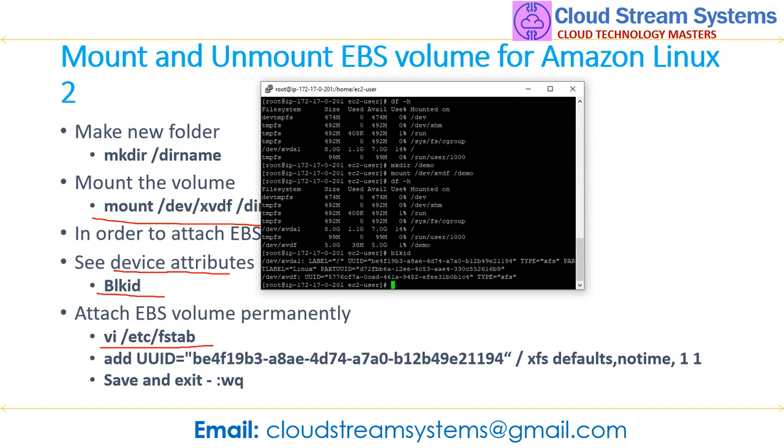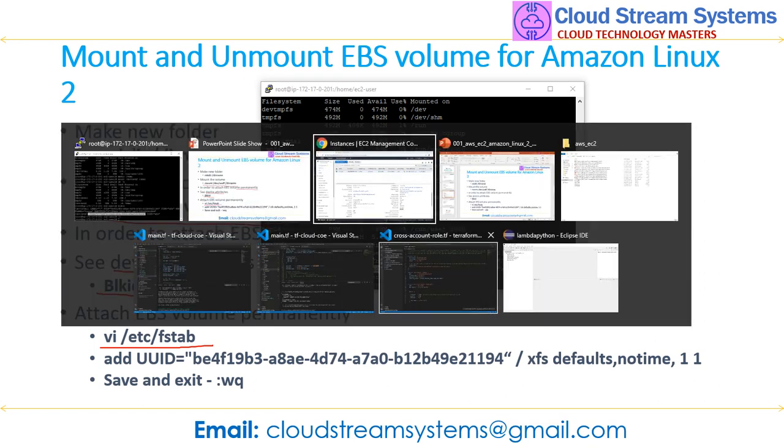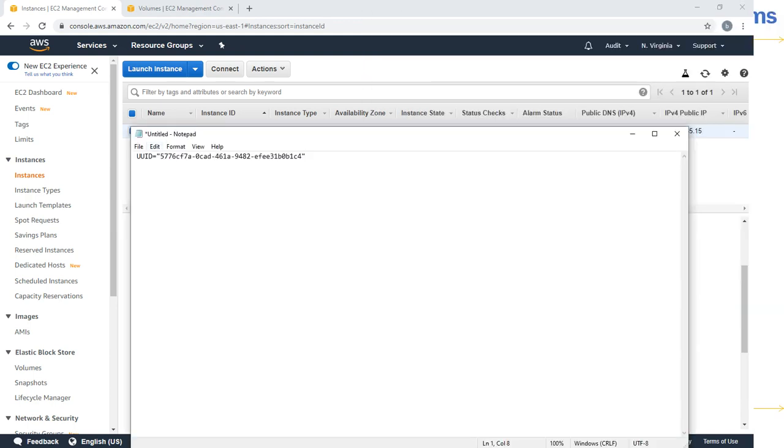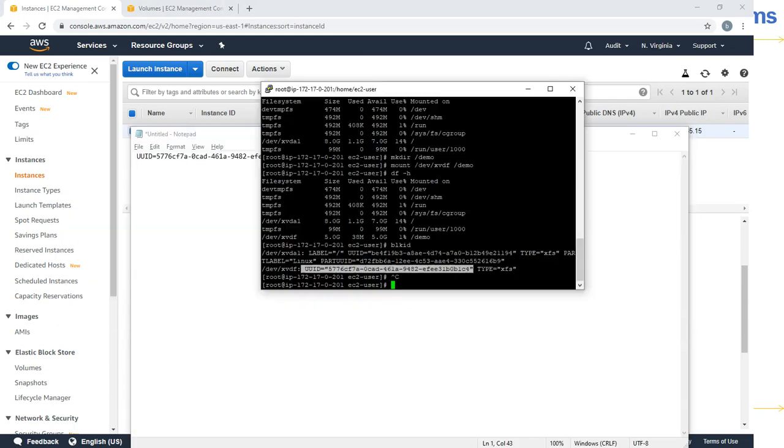So xvdf, these are the device attributes you have, and the file system is XFS. If you remember, while making the file system, this is the file type you used, XFS. That is what you are seeing over here. So copy these parameters, this attribute, to Notepad. And go to PuTTY.